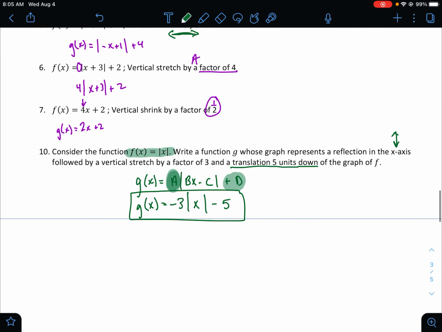So again, it's a little bit more challenging. This is something that certainly takes practice in order to get better at. So make sure you're working through the practice on big ideas and ask questions if you're confused at all. But hopefully that helps, and see you in the next